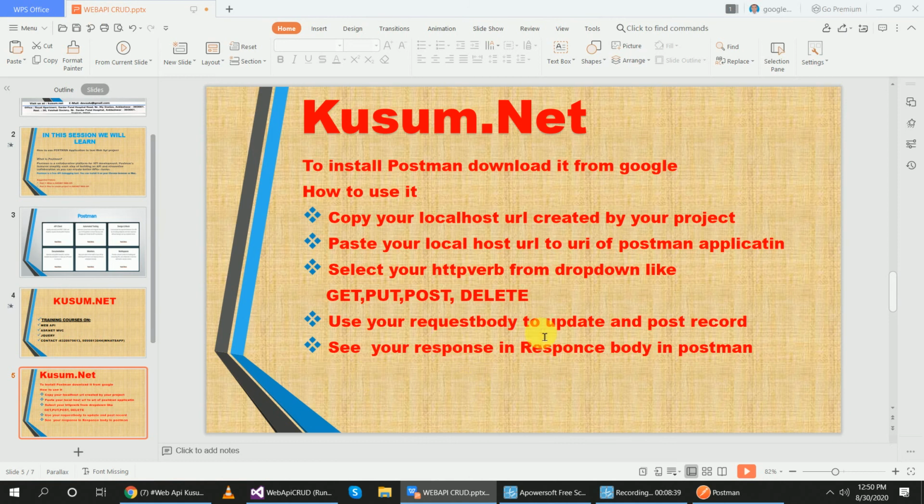So use your request body to update and post a record. Means if you want to update your record, write the code there in the request body. If you want to post the record, write the code in the request body and see your response in the response body. Okay,